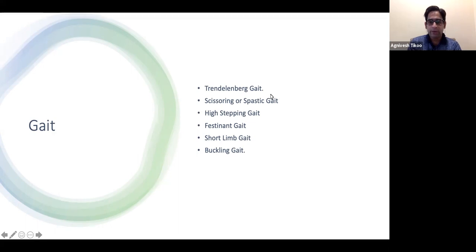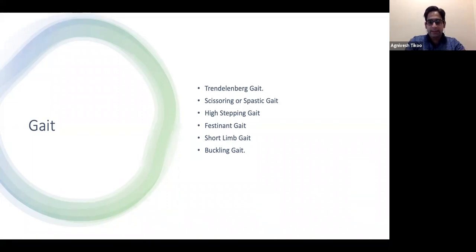So you have a Trendelenburg gait. Trendelenburg gait, you all know, is a very common gait, but how does it come in the spine? Because the L5 root also supplies the hip abductor muscle. So if the hip abductor muscle is weak, it gives a lurch, a bend towards one side. The patient sways towards the side of the weakness, and he tries to compensate by bending towards the other side, shifting the weight of his trunk towards the other side so that it doesn't fall on the same side.